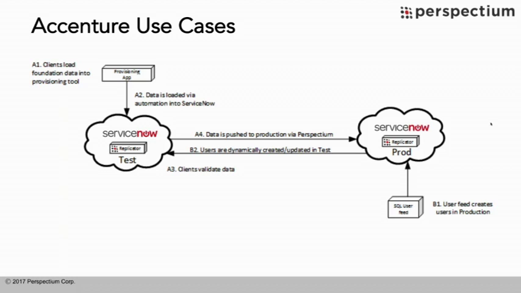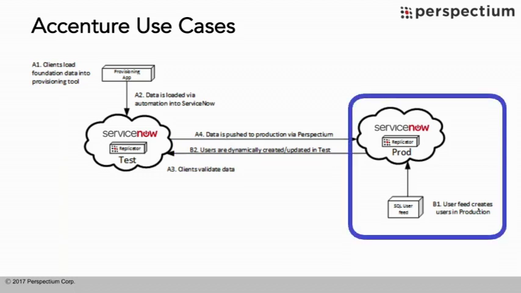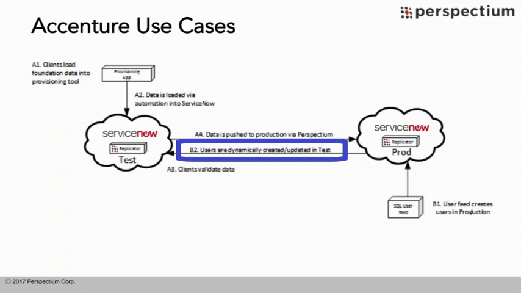So the user base for Accenture is a constant thing, and most people do LDAP, but we're too large for LDAP, and Accenture has an established business process for how you get at users, and that's via a SQL replication feed. So we have a database server where we receive the user creates and updates, and we do that directly in production. But we use ServiceNow to take those users as they're created and updated and push that data dynamically down into test. So if a new hire comes in that day, we're creating their user record in production, and we're pushing that down into test.